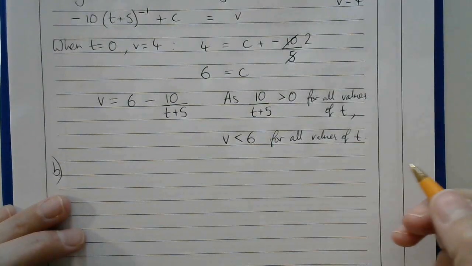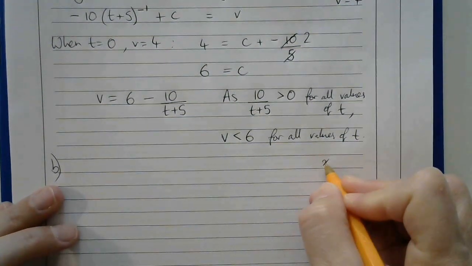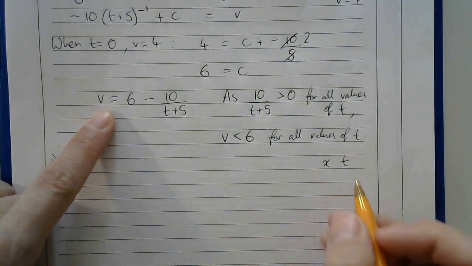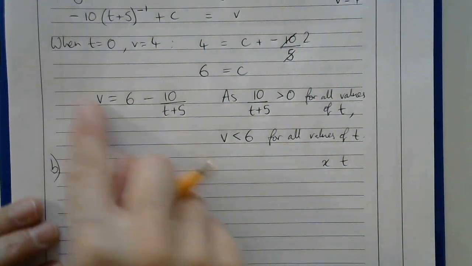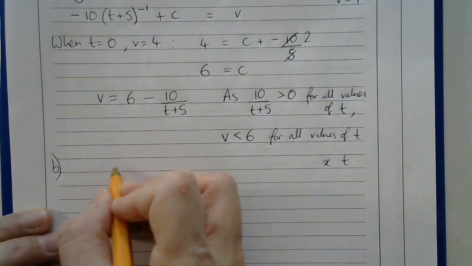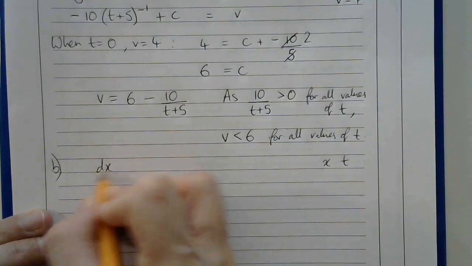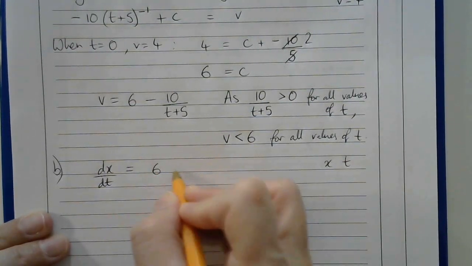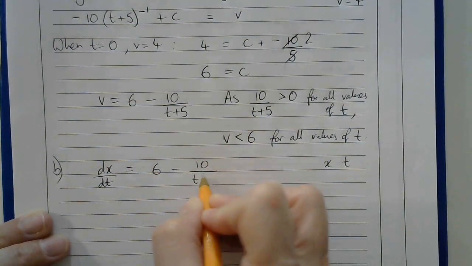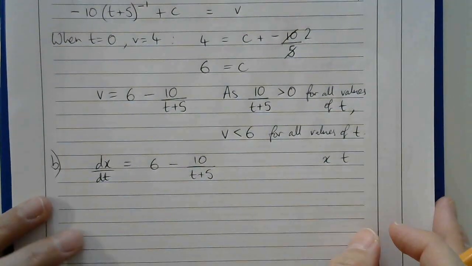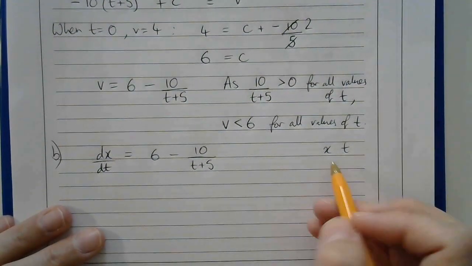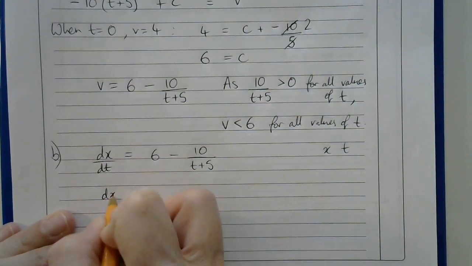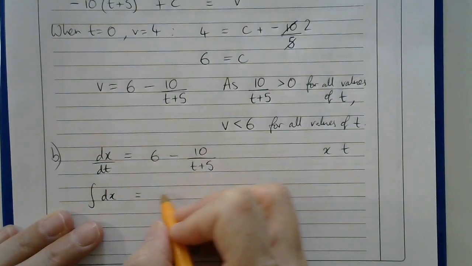So if they want the relationship between x and t, well, I know that v is dx by dt, so I could rewrite this as dx by dt is this thing, and then once again I could separate to give me the relationship between x and t. So if I separate and integrate,